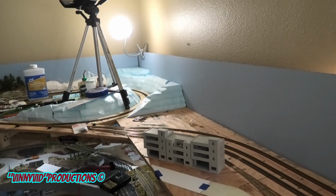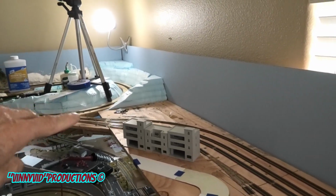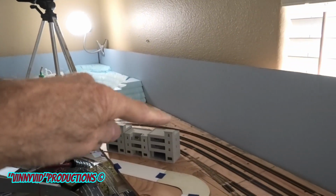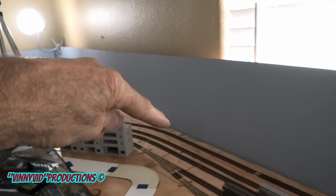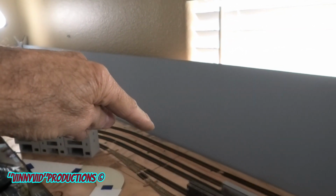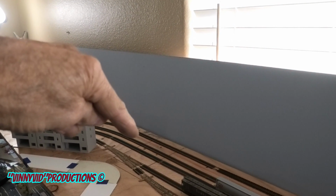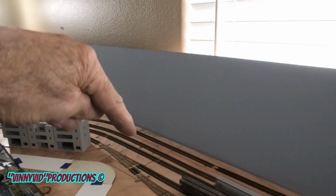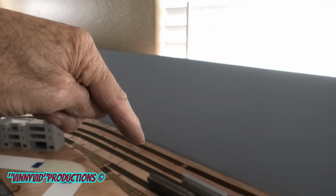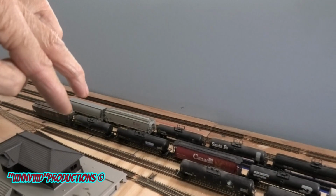Alright, as we continue on with this project of Williams, Arizona, you can see way down there I got about 4 different turnouts that lead into these 4 tracks right here. The first one out here is going to be the main line, the beginning of the P-line sub. The second one is going to be basically a runaround and storage track, arrival departure track, setup track, whatever you want to call it. And then we'll have 3 stub end tracks